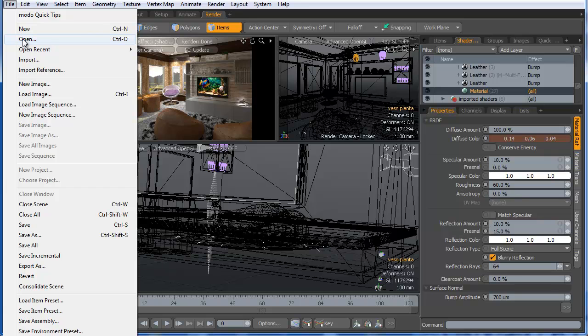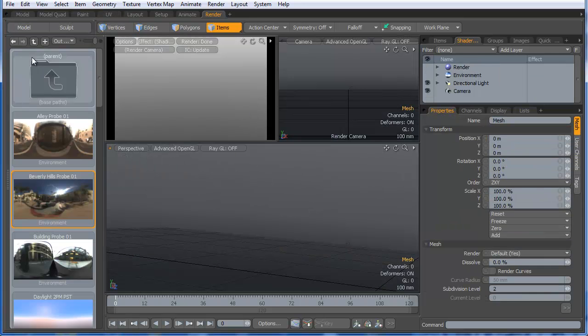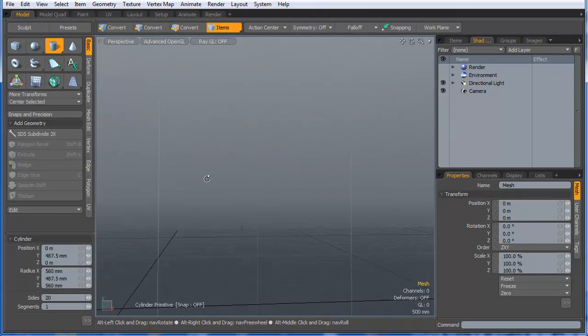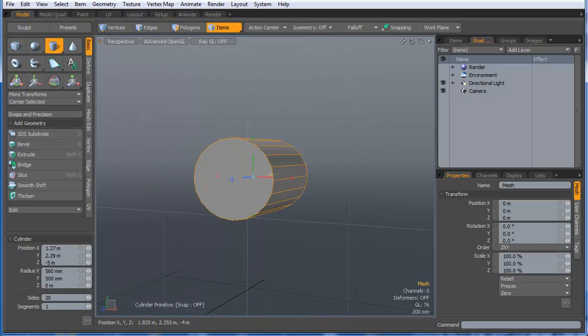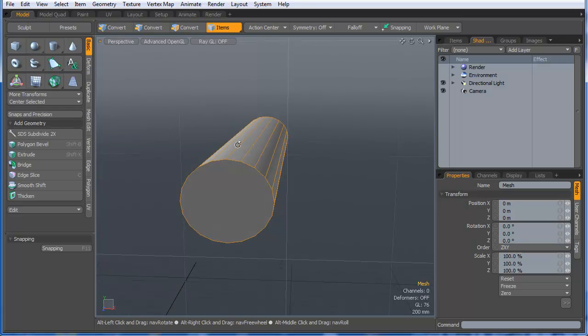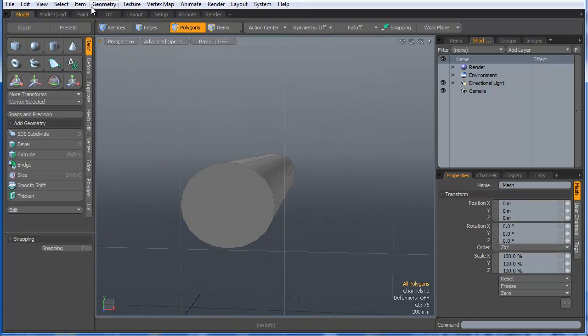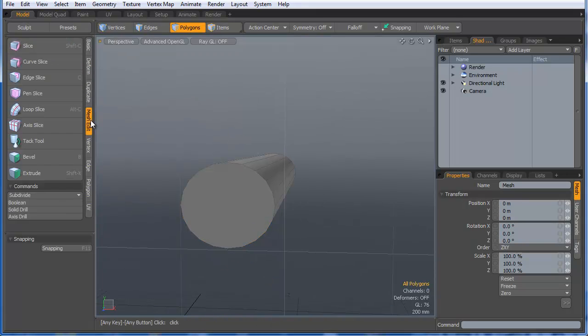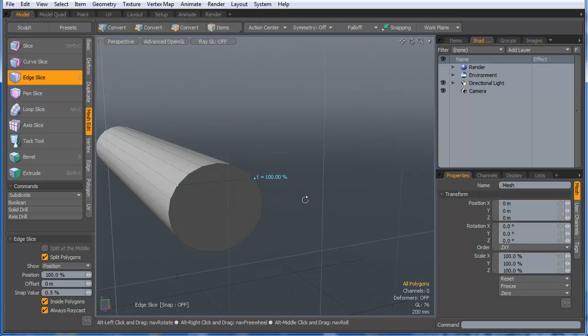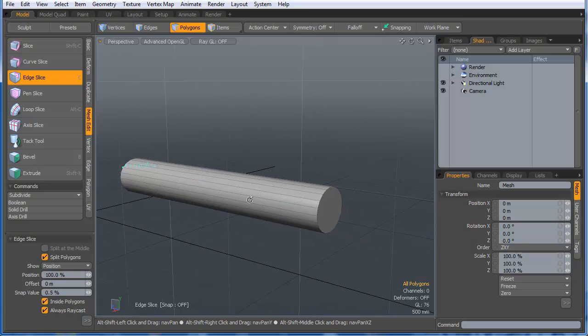So I'm going to start a new scene here. I'm going to grab a cylinder and make something like that. Then extrude, press spacebar to drop the tool, go to my mesh edit here, and I'll choose, let me see here, edge slice, and I'll grab those two. Okay, and now let me see here,